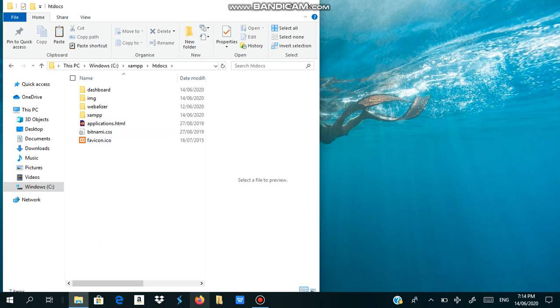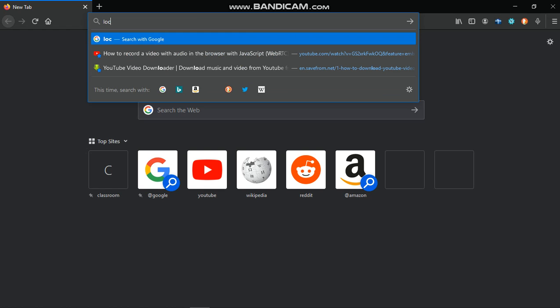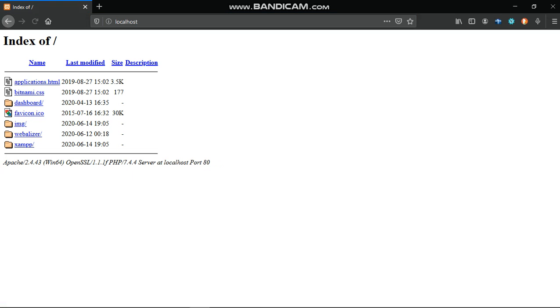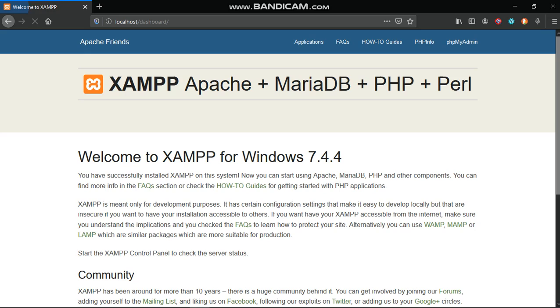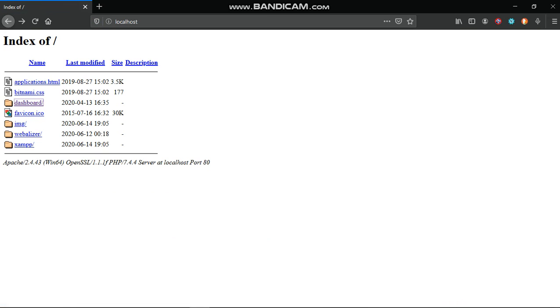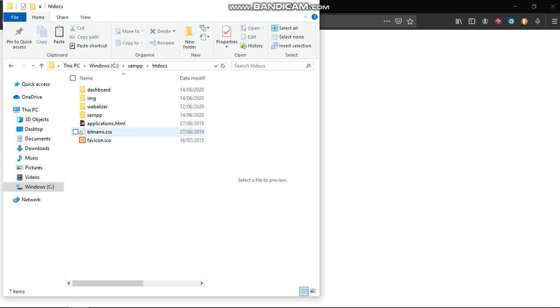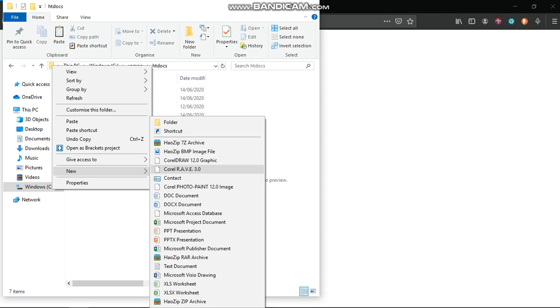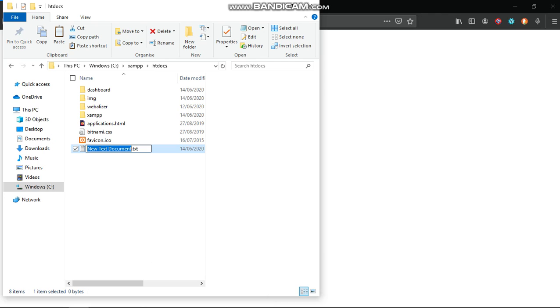Let's just go through a briefing of this XAMPP. Localhost. This one is general for all of them. Just type localhost and you're going to see it. Yours is meant to redirect to the dashboard, but I accidentally deleted my index file. An index file is the first file. For example, if I create a new file here and call it index.html, it's going to redirect to that page.